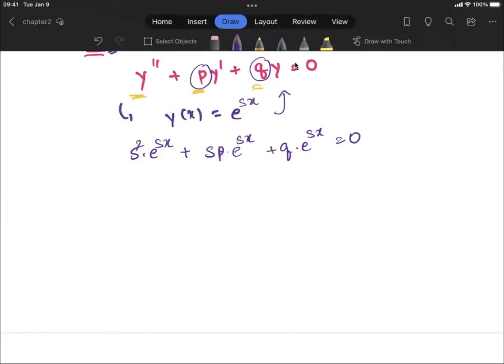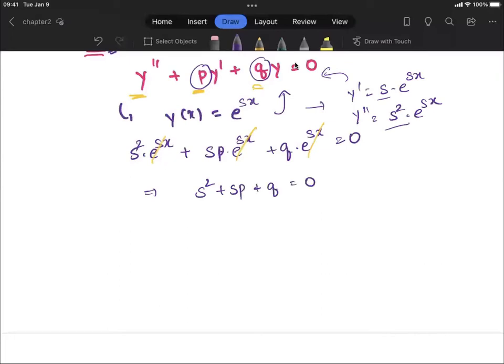All I did was compute the first derivative, which is this, and the second derivative, which is this, and plug these values into this equation. Now I can safely cancel out the exponent term everywhere, and that gives me s squared plus sp plus q is equal to 0, right? This is our